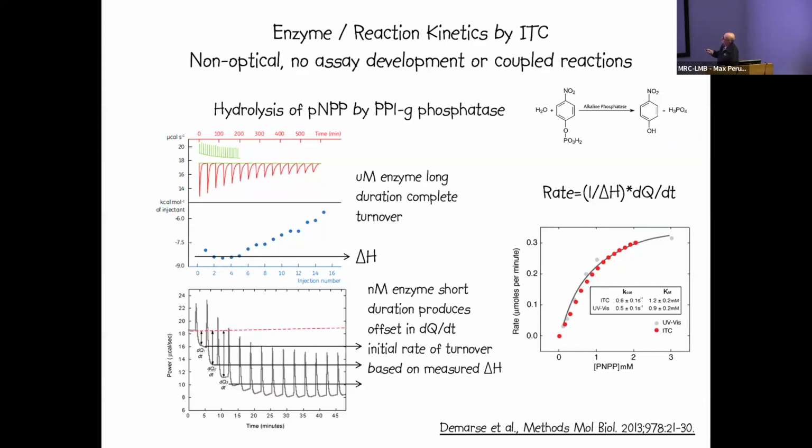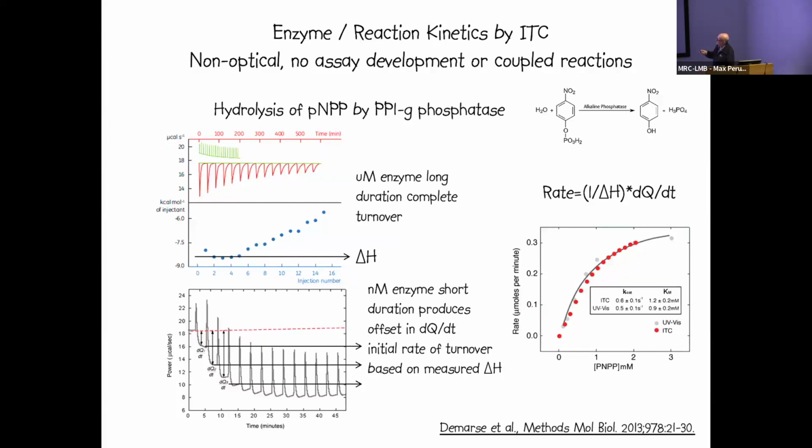You can just go straight in with your material and measure. In this particular iteration of measuring enzyme catalysis, there are 2 experiments involved. The first of all is to measure the enthalpy of the turnover of your material, in this case, hydrolysis of